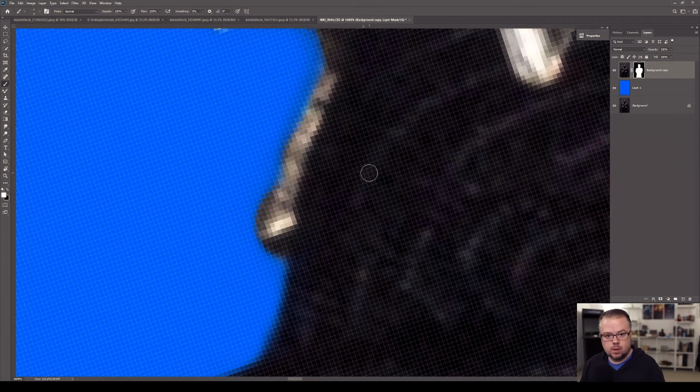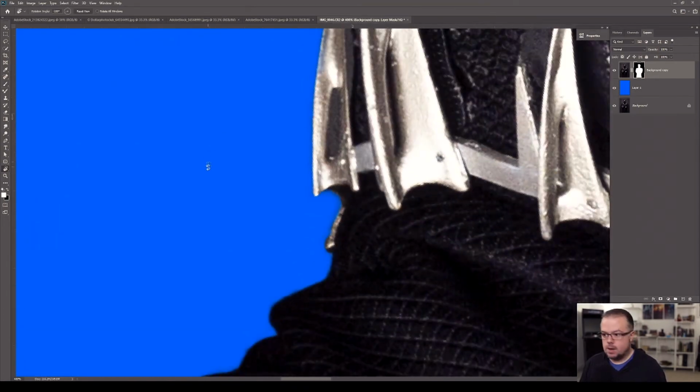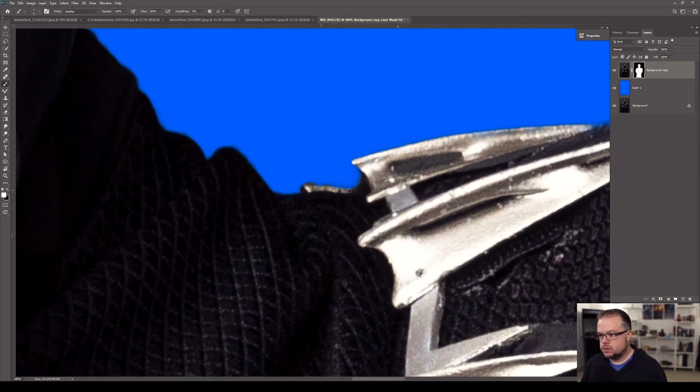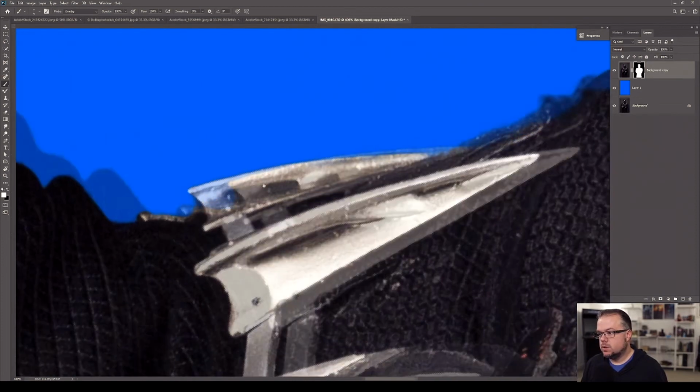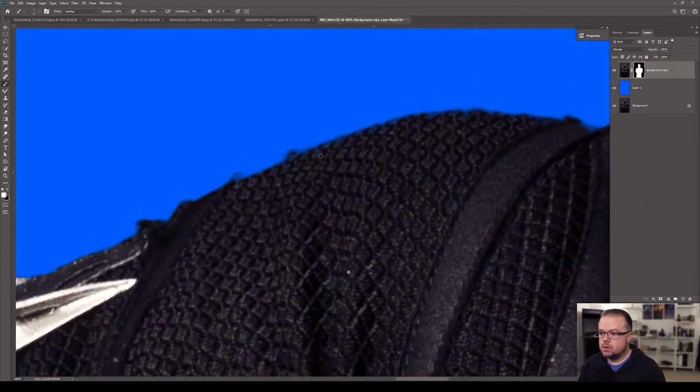Now I can paint it in one stroke and then take my brush's blending mode back to overlay by hitting Alt/Option, Shift, and the letter O for overlay. And now we can continue to go along the entire perimeter of the image, but let's zoom out because there's no reason ever to zoom in that much to where you can see the individual pixels, unless you're making a video demonstrating brush tools. So I'm going to continue to go along the perimeter edge, and keep in mind for